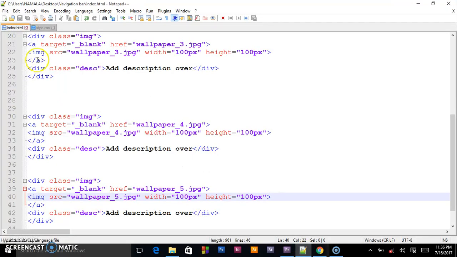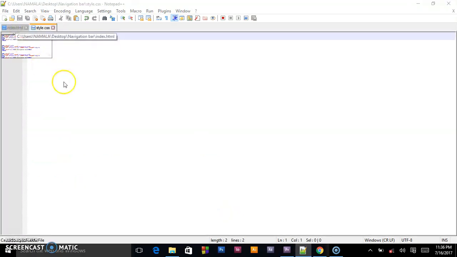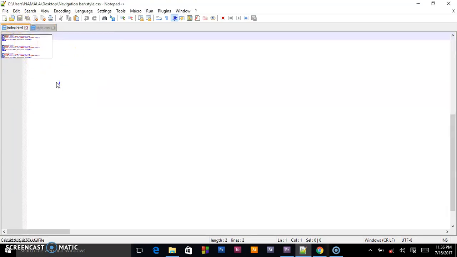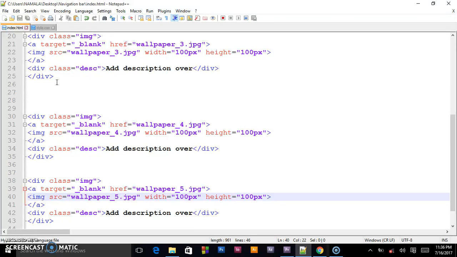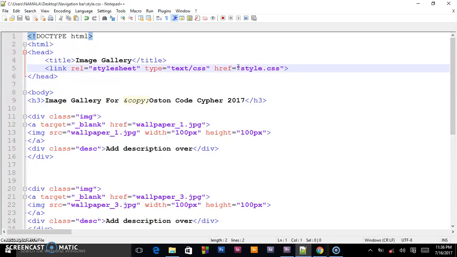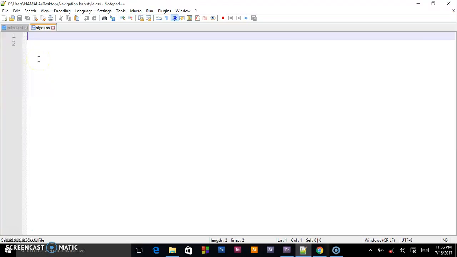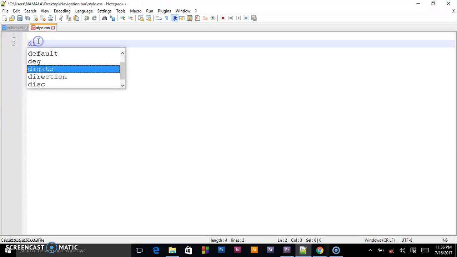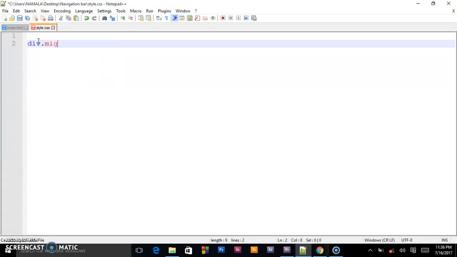Next, now we go to our CSS. This is our CSS. This is our beautiful CSS, and I went ahead and linked it in the head section here. I linked it in the head section. So we are going to target the first div, this class image,